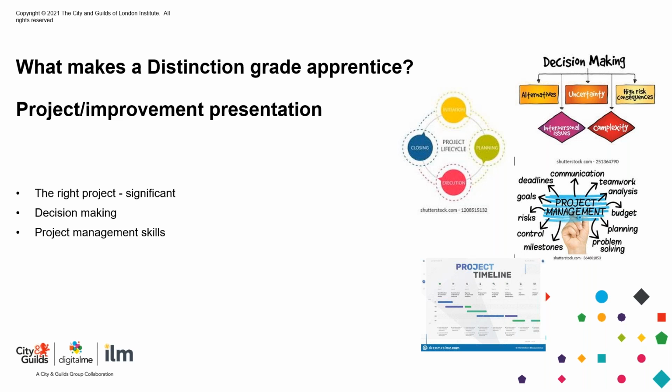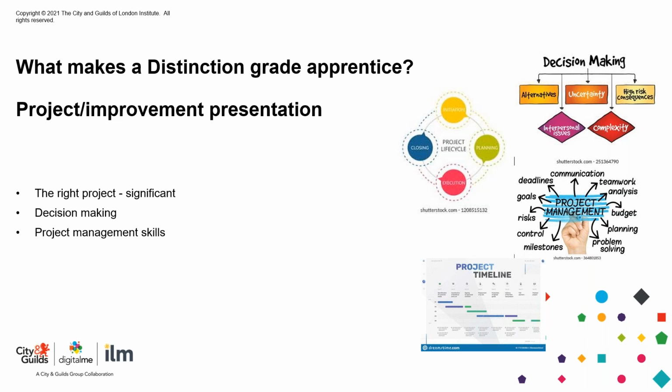Sorting out the stockroom is a valid project and one which could easily achieve a pass, but it quite possibly won't allow the apprentice to demonstrate the requisite skills in sufficient depth and breadth to gain a distinction. The choice of project will very much depend on the employer and how much responsibility they're prepared to give to the apprentice, so their full engagement in this process and understanding of what is needed is vital. Although the project should not be initiated before month 9 of the apprenticeship, early discussions about what would be suitable are helpful, as the choice of a suitable project is often as challenging as carrying it out.